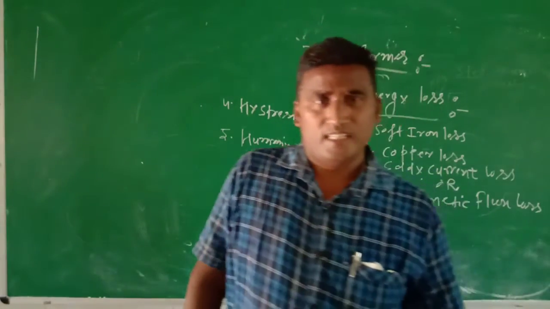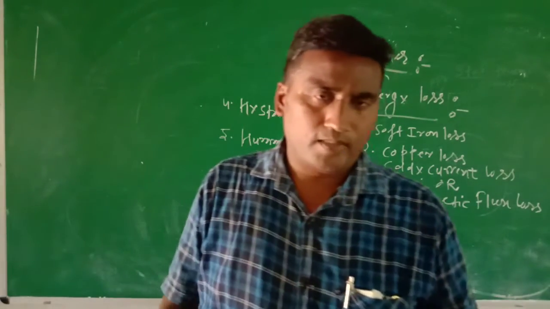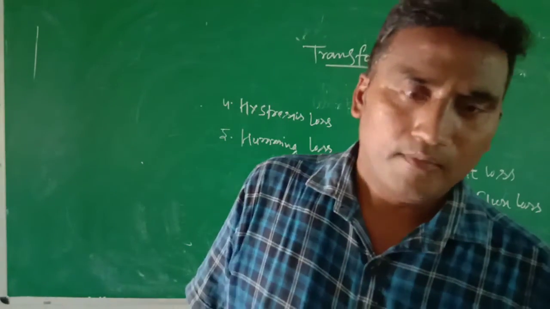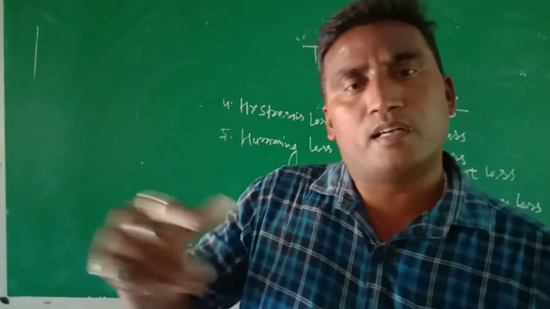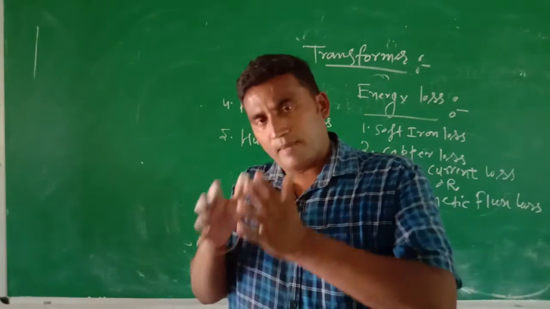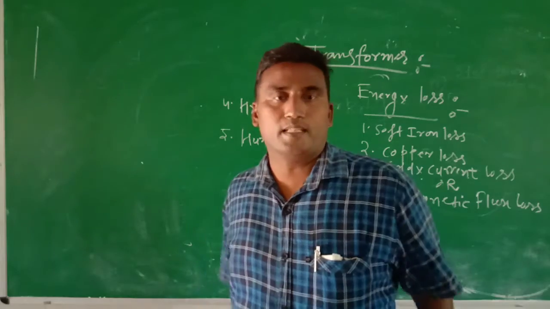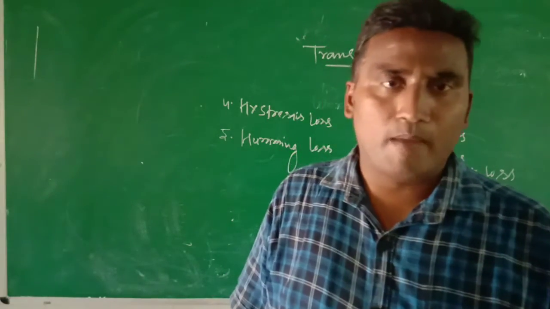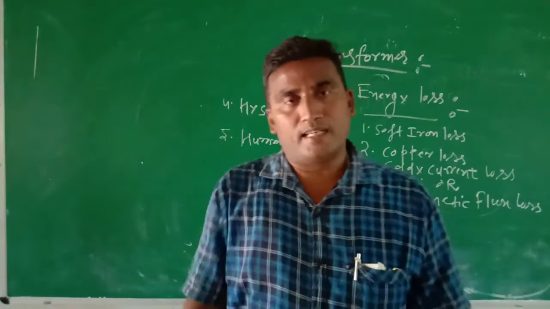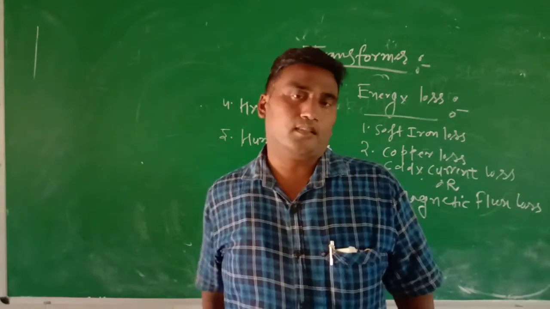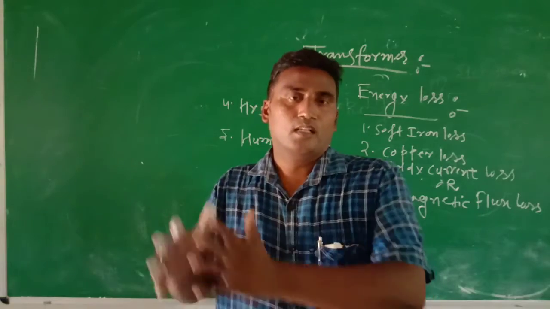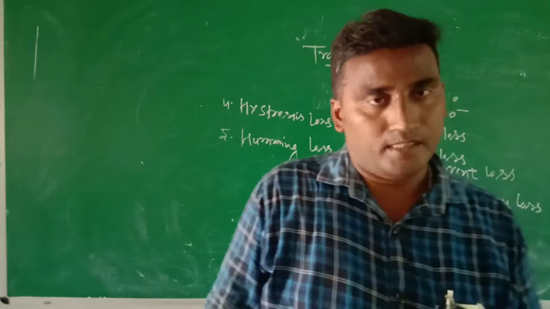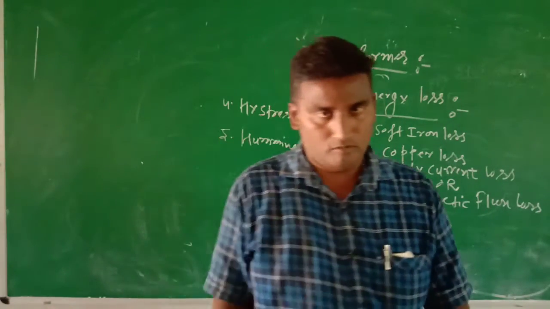Now fourth, hysteresis loss. We know that it is the relation between the magnetization and the intensity of the magnetic field. When any soft iron has its number of turns increased and decreased up to the maximum state before saturation, it behaves as an electromagnet, and afterward at the constant state of saturation, it loses some amount of energy and behaves as the coercivity state, therefore that is called hysteresis.